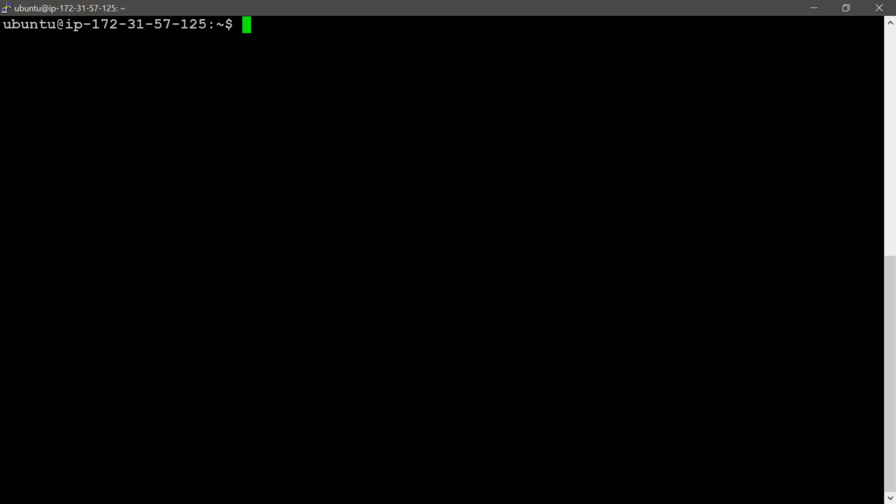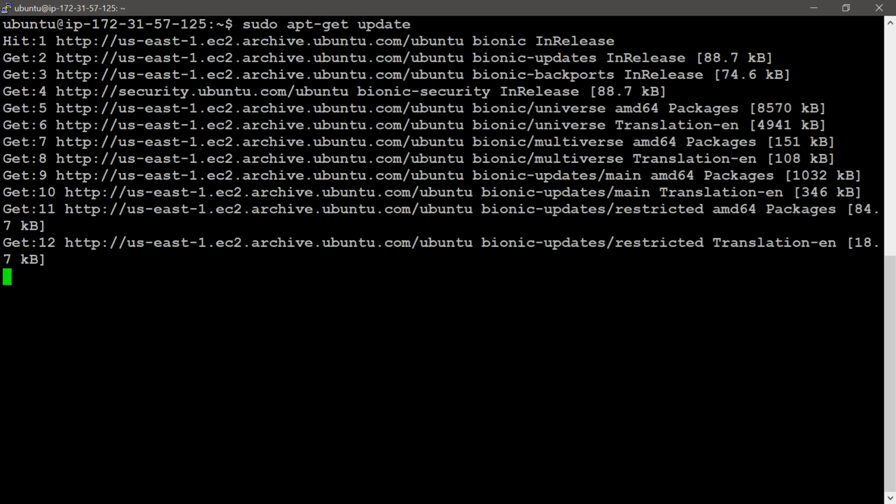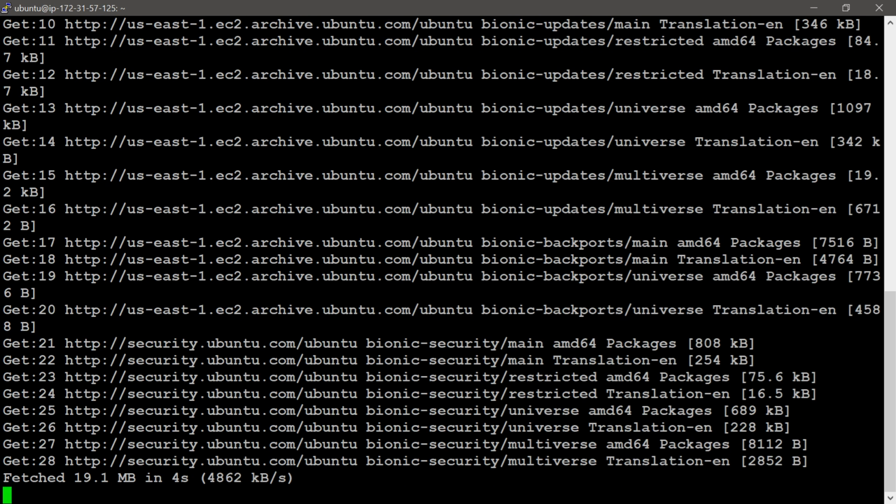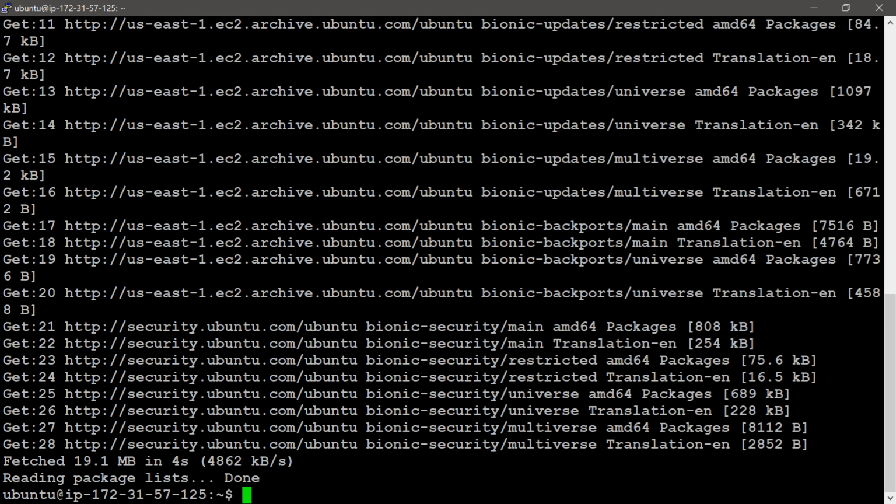After logging into the system, the first command is the update command, a repository update. The command is sudo apt-get update. It is updating the repository. The repository was updated.